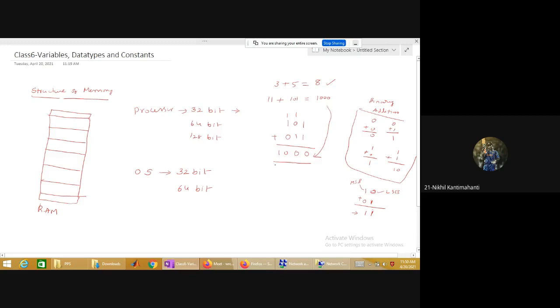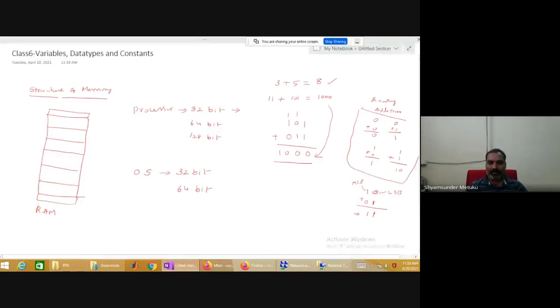Yes, sir. Okay, now I just wanted to tell you one thing. We have 2 inputs: this is input 1, this is input 2, and this will be your output. Yes or no? Now coming to input 1, how much binary length is required to represent input 1? Only 2 bits. Correct or not? Similarly, input 2 needs 3 bits. And coming to the output, what I have obtained is 4 bits. Now here you can see the inputs are of different lengths and the output is of a different length.